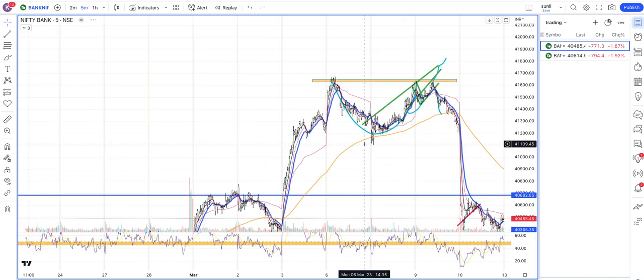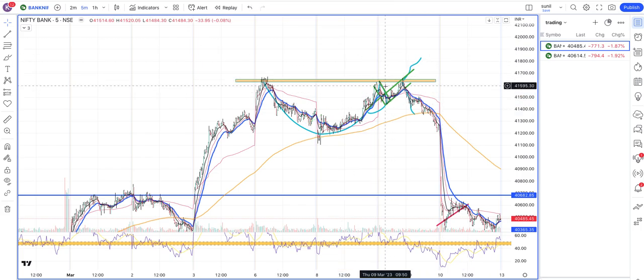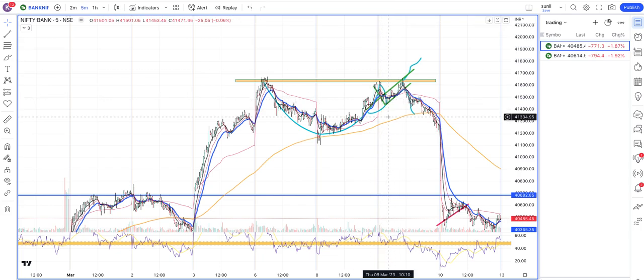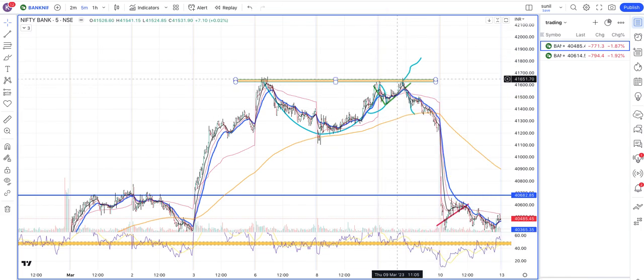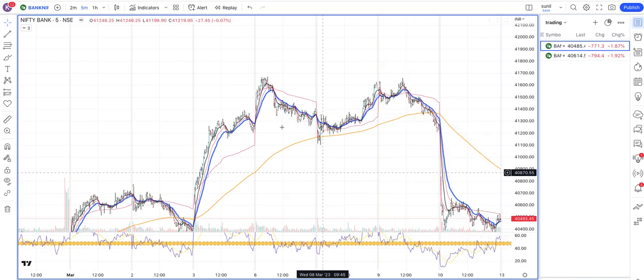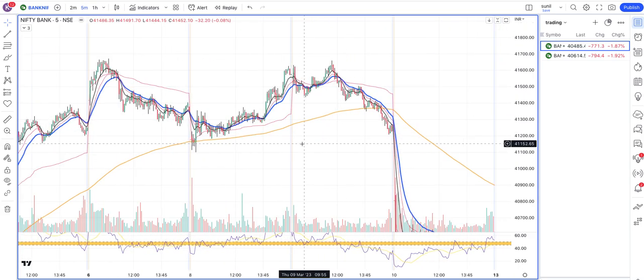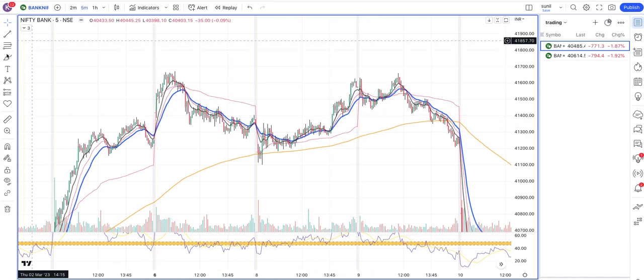So if you see here on 9th March, let me remove few lines. Yeah, so here on 5 minute time frame, if you see here, there was a cup and a handle formation,